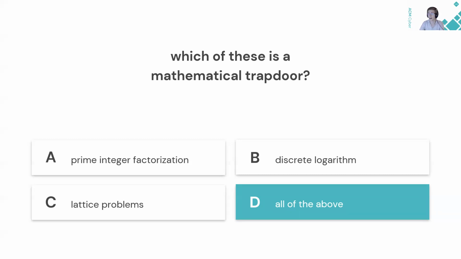I think Ishan can probably give a great talk on lattice problems, since it's kind of this merger of cryptography and quantum computing. Both prime integer factorization and the discrete logarithm problem are both more easily solvable by a quantum computer than a regular computer. However, lattice problems remain difficult to solve even with a quantum computer. So lattice problems are probably going to be the